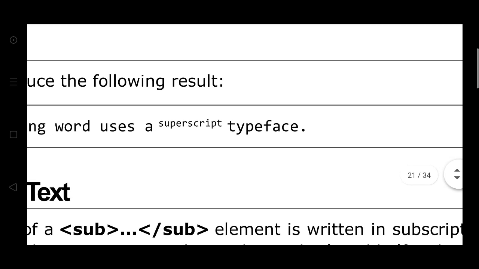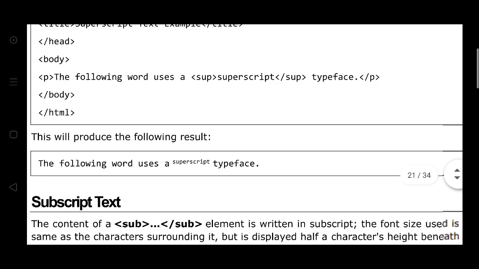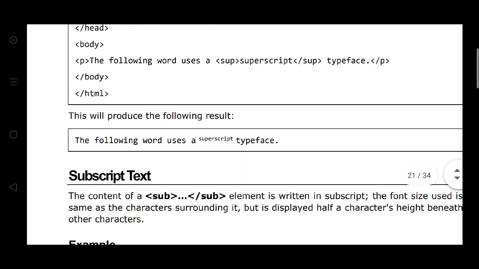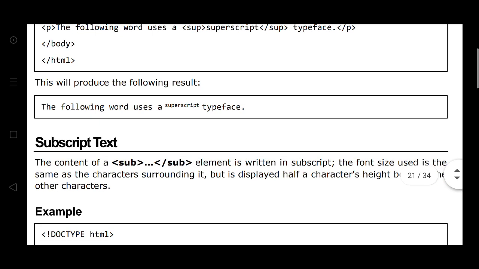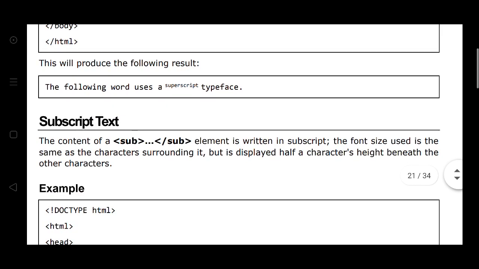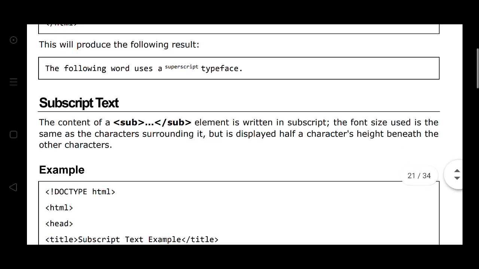Here you see the superscript, and in the same way you can see the subscript also. The content of a subscript element is written in subscript. The font size used is the same as the characters surrounding it, but it displays half a character height below the other characters.